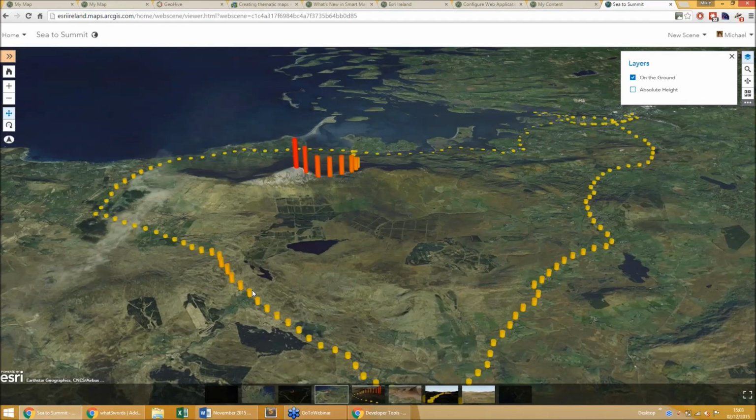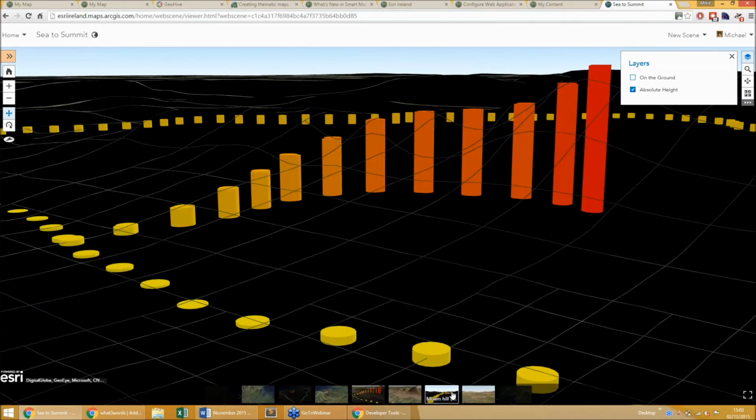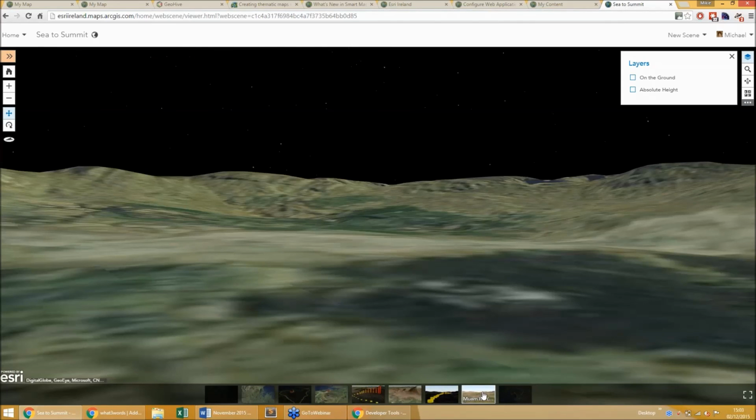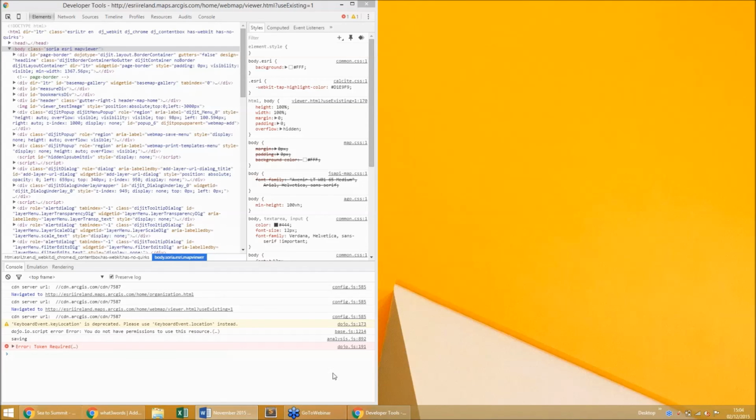And you can see I have it on top of the ground. You can set various different views and turn on and off layers as you please. You can also change the lighting. So depending on what time of day it is, you can change the lighting. In any case, I will try to document that in a further email following this webinar, just to show you how you can do that. But for now, I think we'll leave it at that.